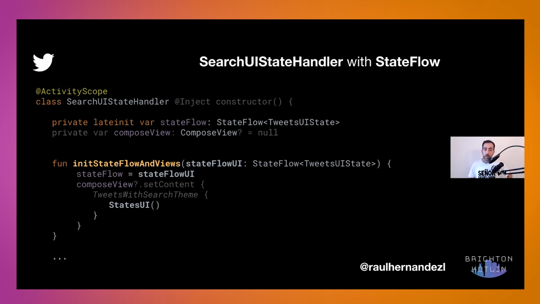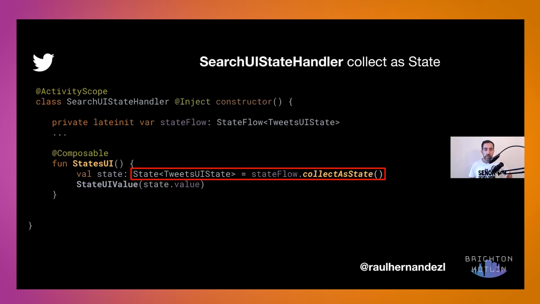And now I don't need to pass the UI state in the states UI functionality, the composable, because into that one, I have already my Stateful that, by means of this convenient functionality provided for Stateful, called collect as state, will provide a state that is ready for composables to be processed. This is coming from the library, of course, from Jetpack Compose. And this state is going to have our values to be passed and processed at due time in every composition that we use and have.